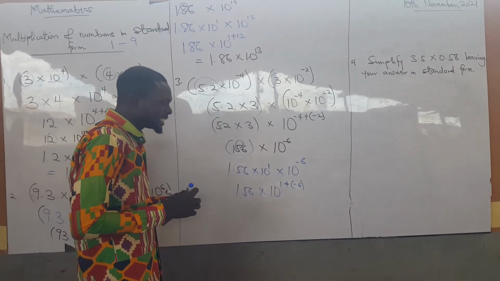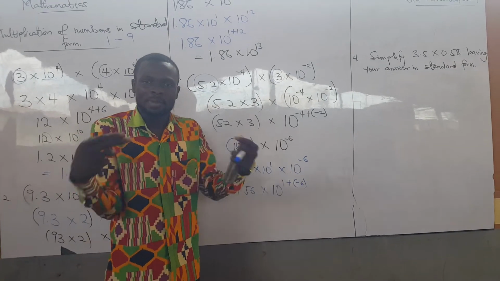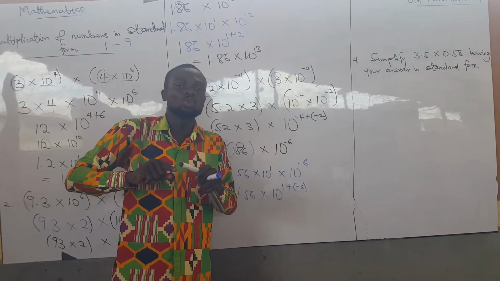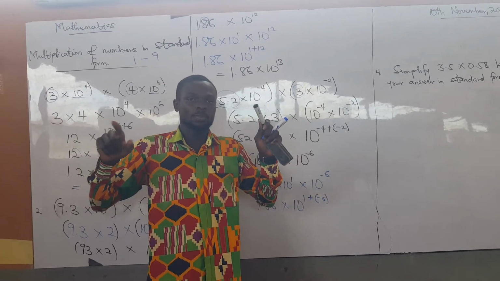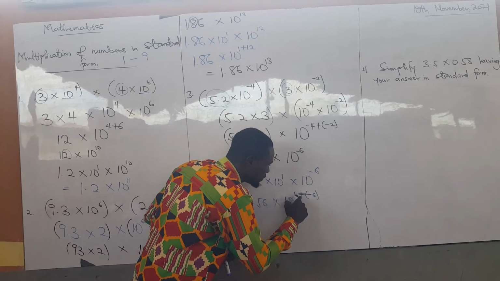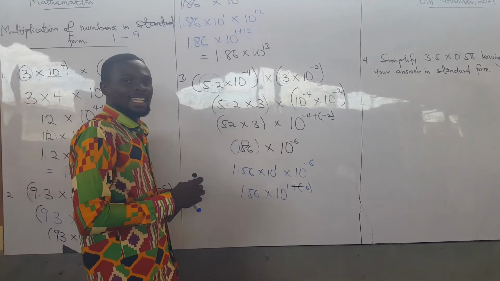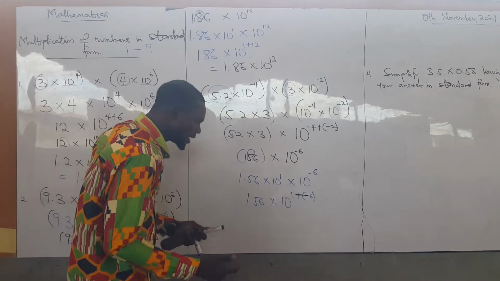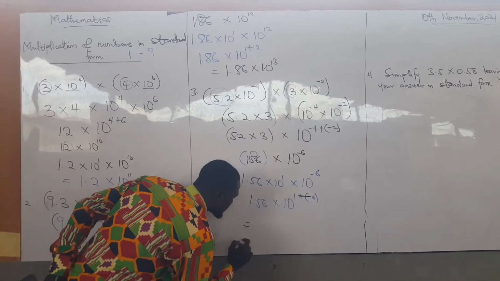And we were told that anytime positive meets negative in an expression, it changes into negative. So this is going to give us negative, because positive will multiply the negative, and positive times negative is negative. So we are going to get our final answer as